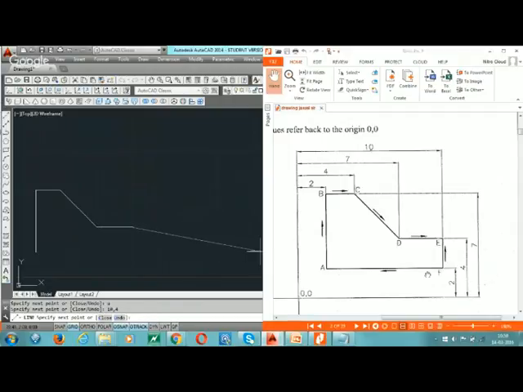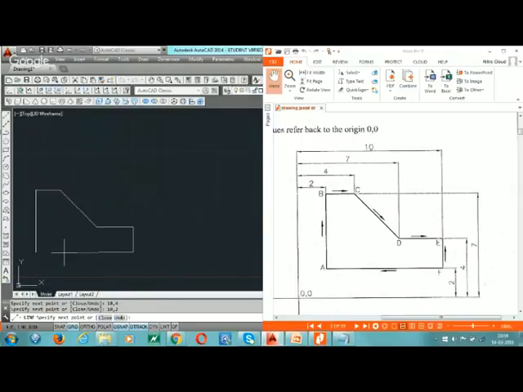After that we are going to the F point. F point is 2 in y direction, 10 in x direction. Then 2, 10, 2. After that we can use a close command to close this diagram.